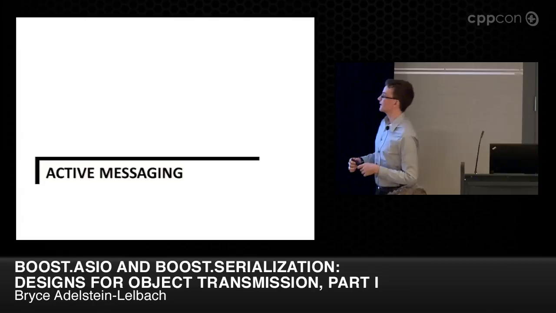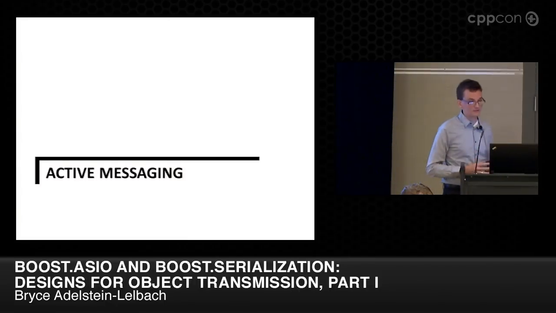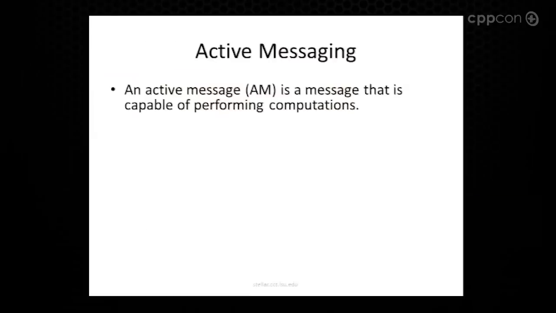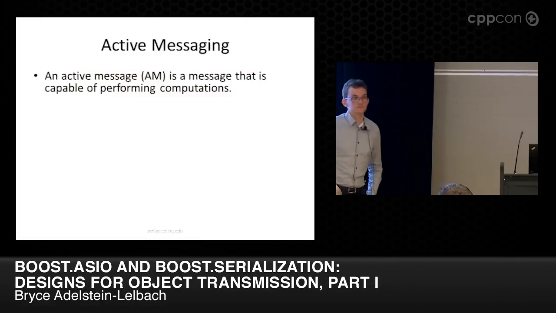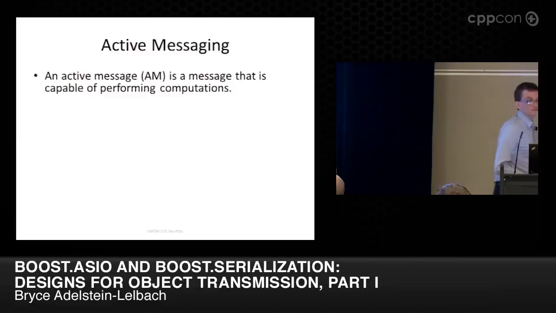So now we're going to talk about active messaging. This is the main example of the talk, and it's very long. If anybody has a laptop, I would encourage you, if you're interested, to pull up the code while I'm talking or during the break. I think the link for it should be coming up in a slide or two again. An active message is a message that's capable of performing computations. Normally, like in that coordinate example, I was sending over data. That coordinate was just data. But sometimes I want to send over a function object, something that's not just data, but that has a capability to execute.